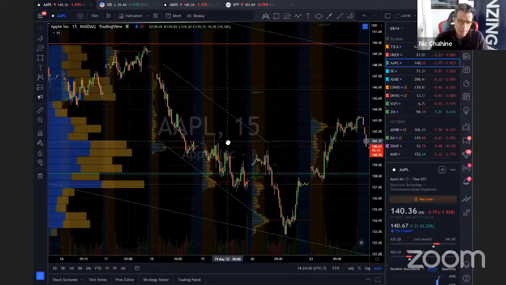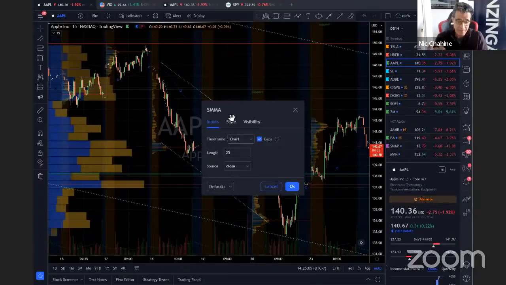Here's a little tip for you. Pick a new moving average. Pick a moving average that is a simple moving average, an exponential moving average. Pick whatever you want. Here, this platform offers one called the smooth moving average, SMMA. Pick it. It defaults to 20 periods. I moved it to 25. You can make it 20. It doesn't matter.